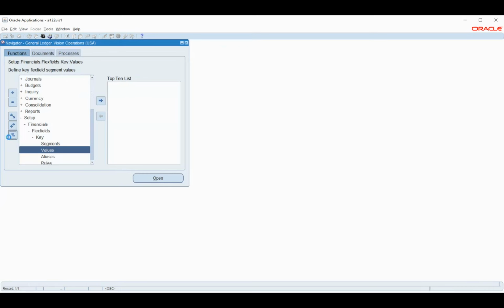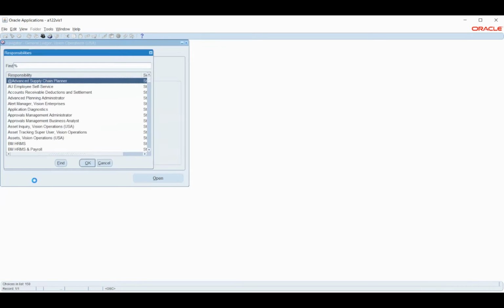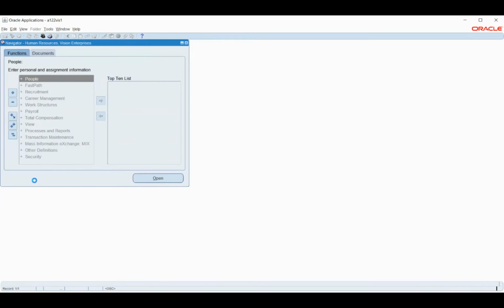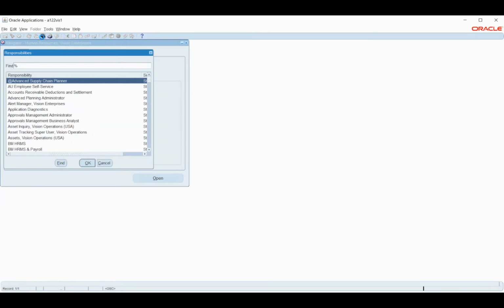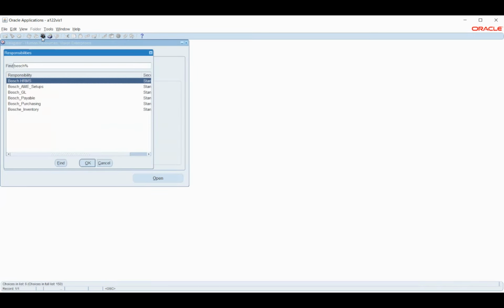So we are done with creating job and position values. Now I'll switch the responsibility. I think I logged in with a different responsibility, so I'll pick Bosch HRMS.